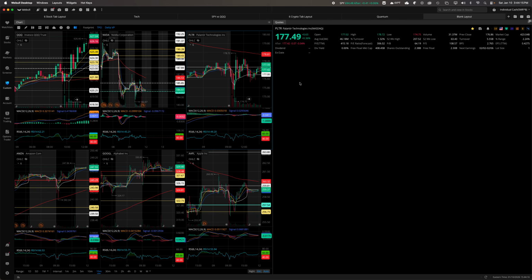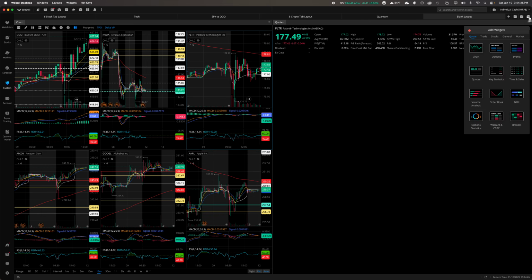Now I know it's huge, but we're not done yet. You'll see how everything resizes beautifully, okay? Go back to add widget, click on it, and then you have other things that you can add if you choose, right? Go to the trade tab at the top, so quote and then trade, and look for Turbo Trader